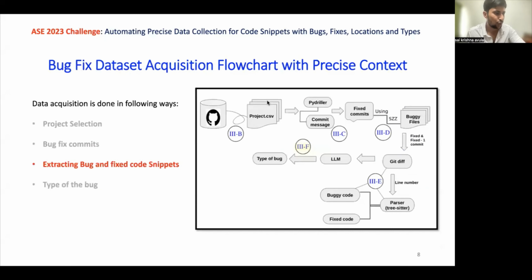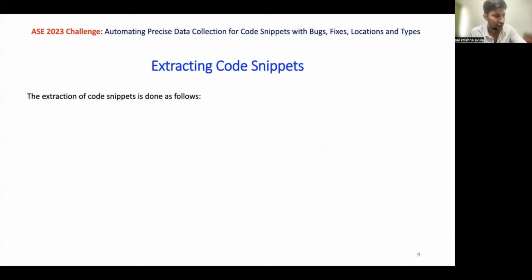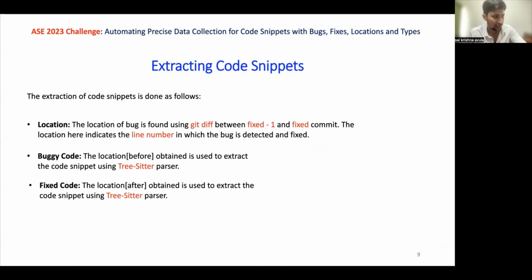The next step in the flow is to extract buggy and fixed code snippets. The extraction of buggy and fixed code snippets is done using the location of the buggy line and fixed line using the tree-sitter library. But how did we obtain the location? It is obtained by using the result of getDiff between the fixed and fixed minus one commit of the buggy file. The getDiff has a sequence of additions and deletions. We chose those pairs where there is an addition immediately after deletion because a fix is a modification, which typically involves